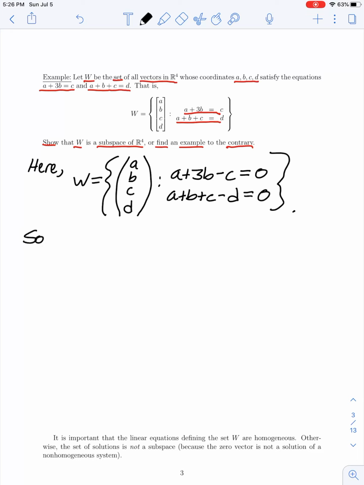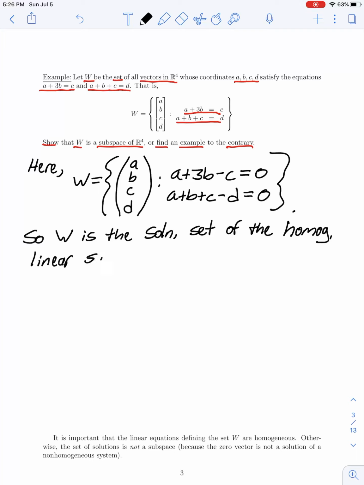So if we rewrite W in this way, we see that W is the solution set of the homogeneous linear system whose equations are given here. That is, A plus 3B minus C is 0, and A plus B plus C minus D is 0. So that is,